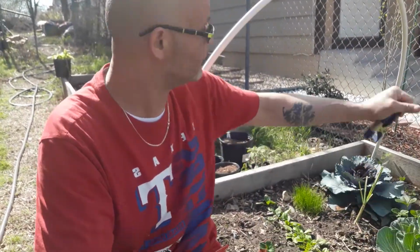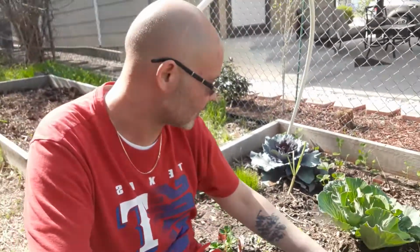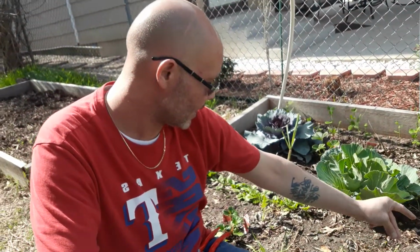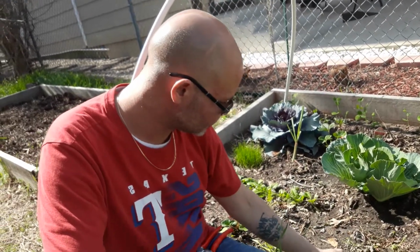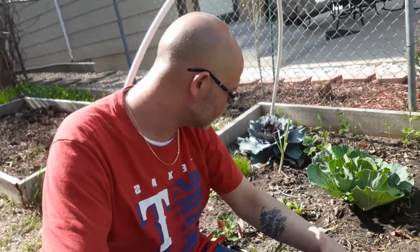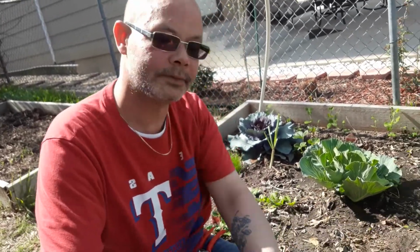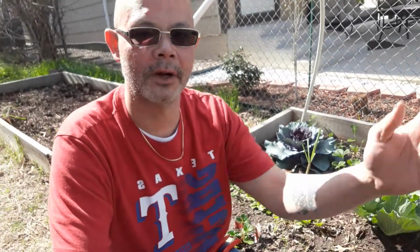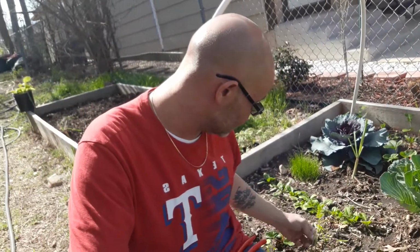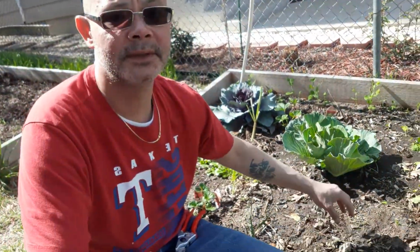I've got a lot of stuff planted in this bed where I've just come in and plopped a couple of seeds down. I've got some, I'm gonna say those are beets probably. Got a few weeds in here that I need to pull out. Nothing too serious. I'll do that off camera. It's really not a big deal. But now I'll have some space to get my tomatoes in, and